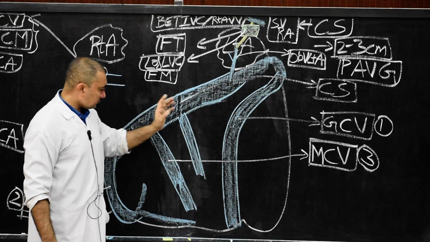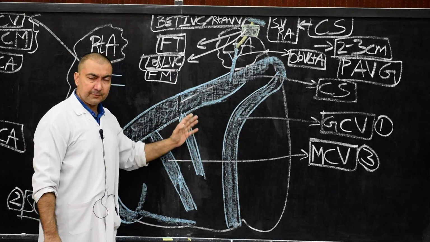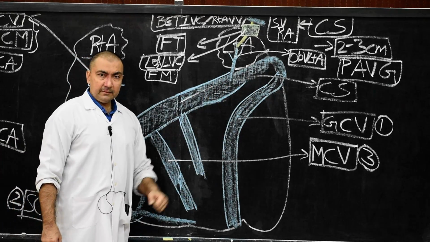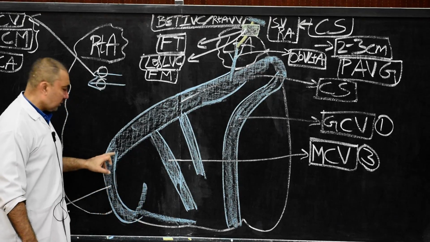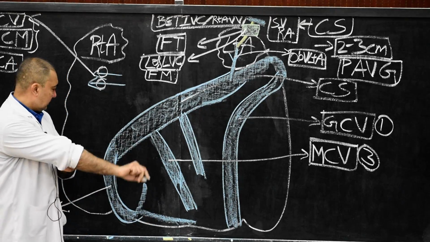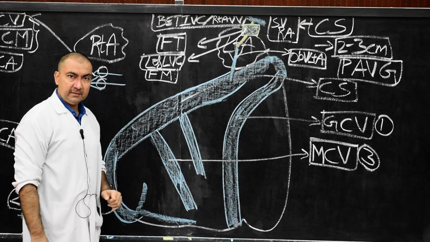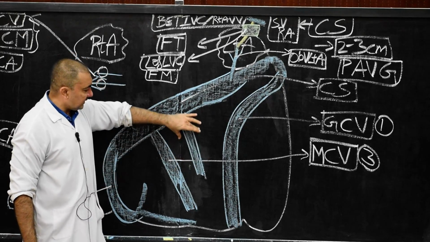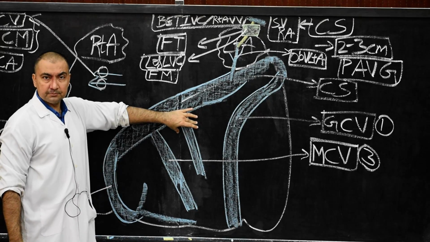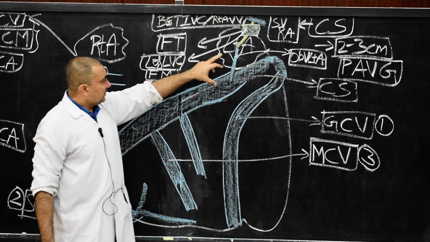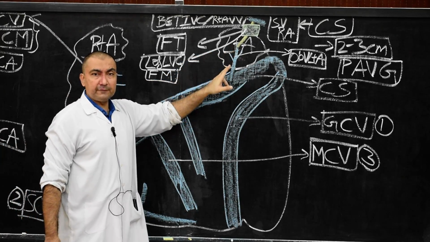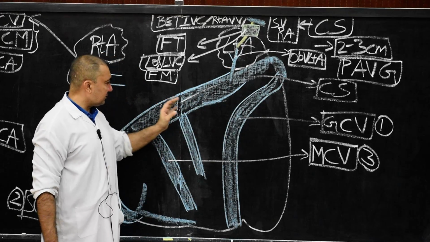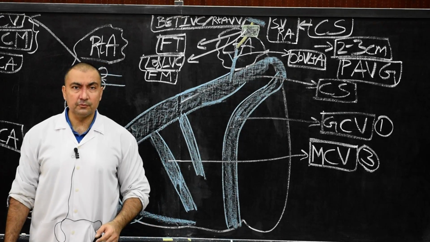So here, it is very easy to understand the tributaries of the coronary sinus. Once again, great cardiac vein, small cardiac vein, then middle cardiac vein. These are the three main. Then one vein to the left, which drains the blood from the left ventricle. Then the last one, oblique vein of left atrium. So these are the tributaries of the entire coronary sinus. Thank you very much.